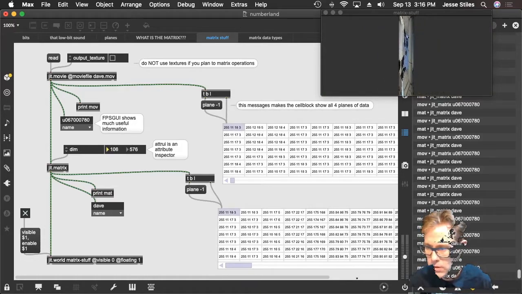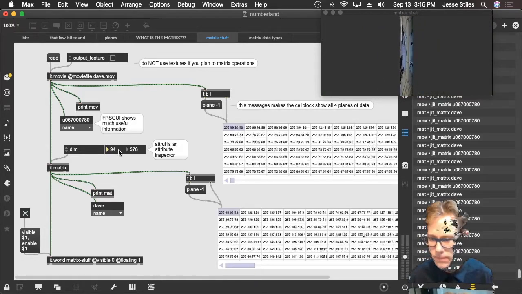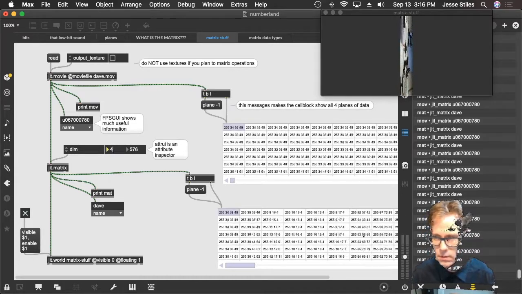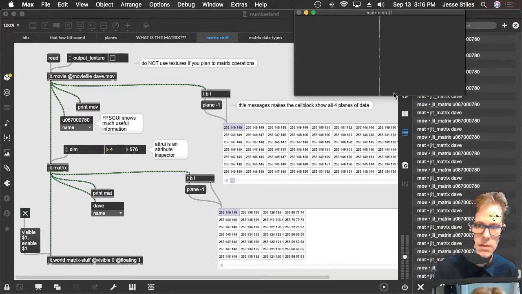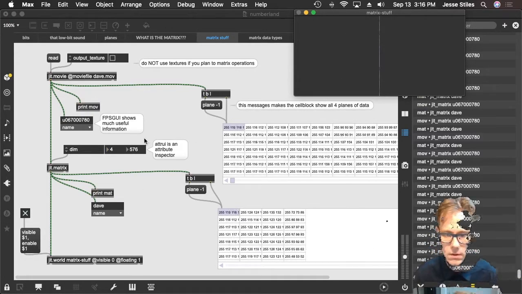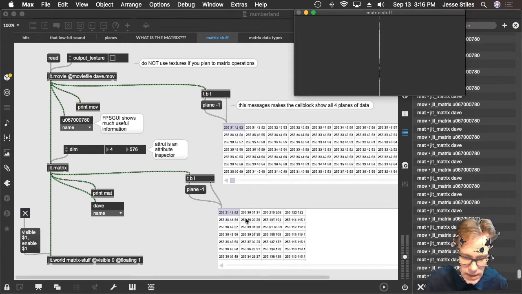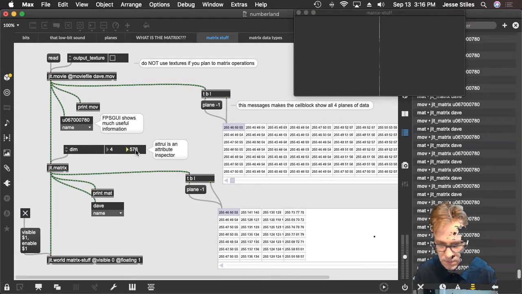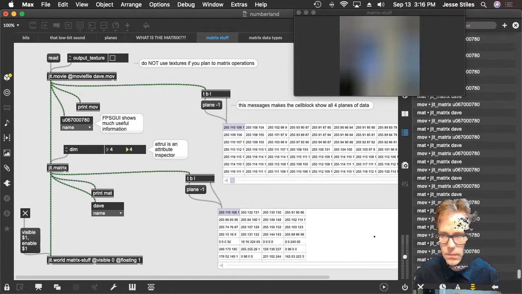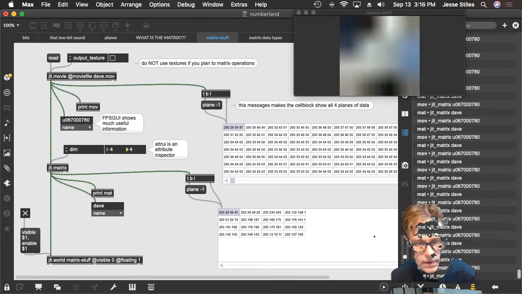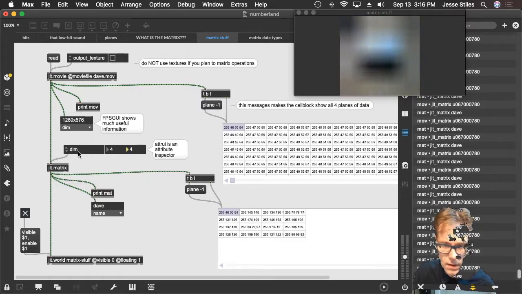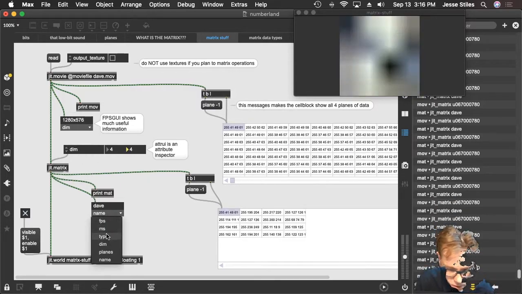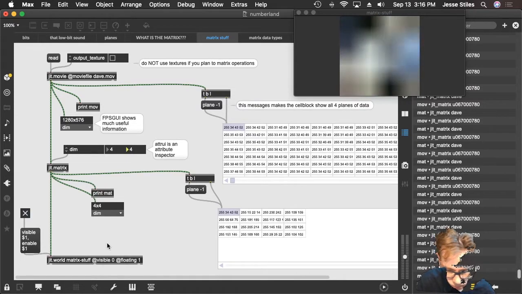and we can change the dimensions of the output matrix quite a bit. So let's just make it there. Now it is 4 pixels wide, but it's still 576 pixels tall. And you can see here now we only have 4 columns of data in this matrix. Let's make it 4 by 4. Okay, so we have converted the incoming matrix, which had this resolution, into a much smaller matrix that has 4